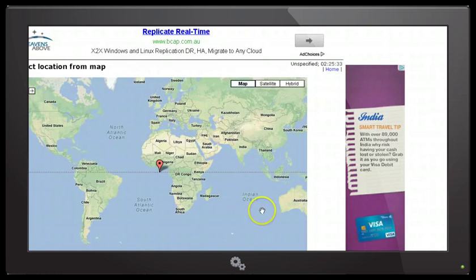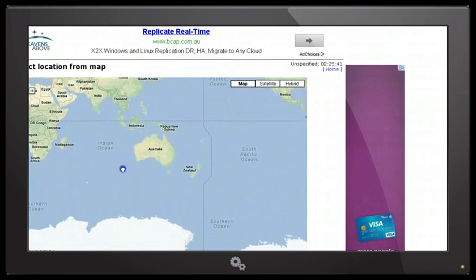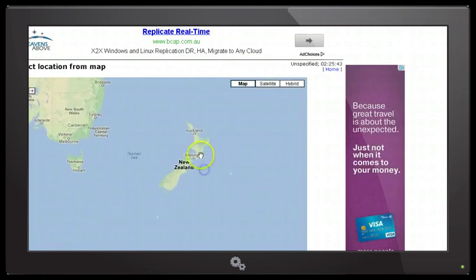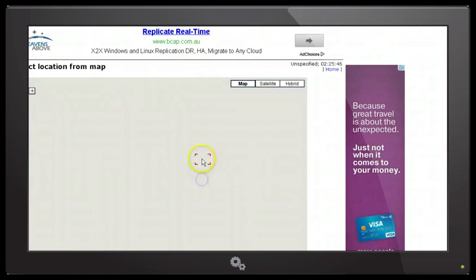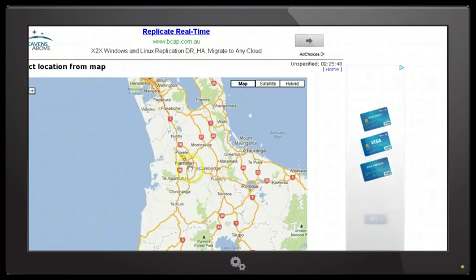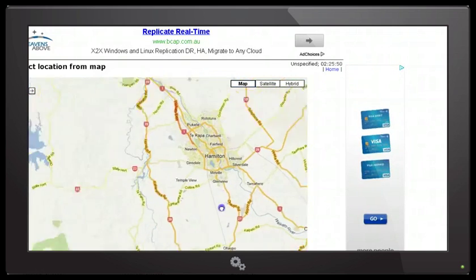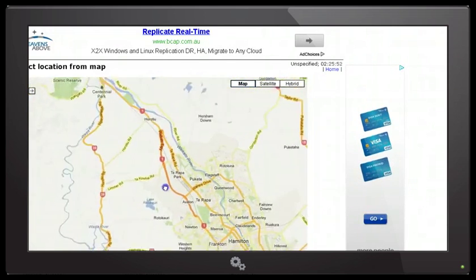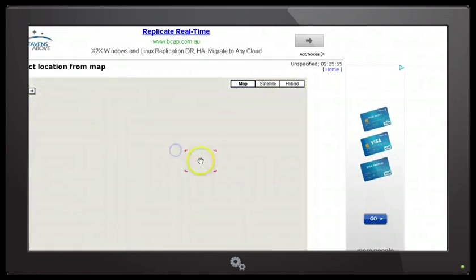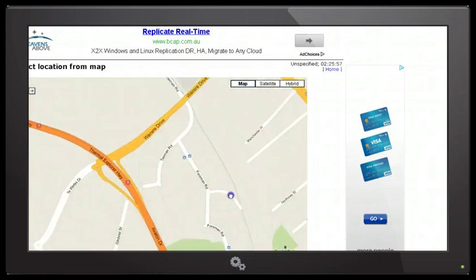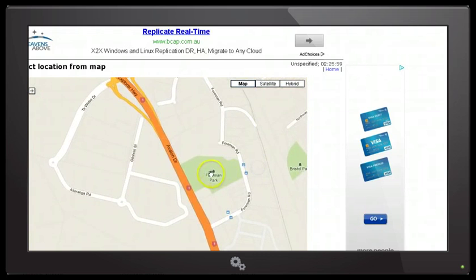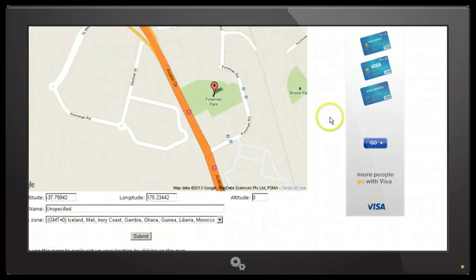You click on this link, you'll see a map appear, and it always defaults to this location when you first go into it. You can set your location, just scroll across and zoom in on the map. I'm going to set my location to Hamilton, New Zealand. Remember, I'm in the southern hemisphere, and let's have a look. So I'm zooming in on Hamilton, New Zealand, and I'm going to set my location to Foreman Park. So all I have to do is click on the map there and then scroll down,